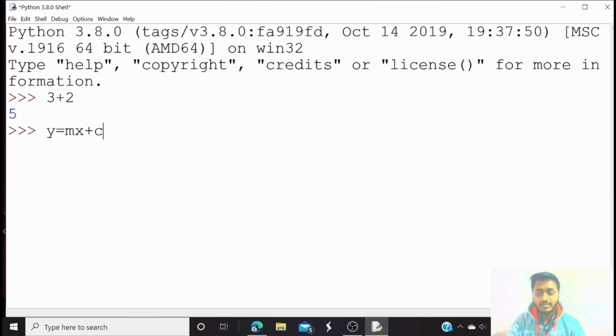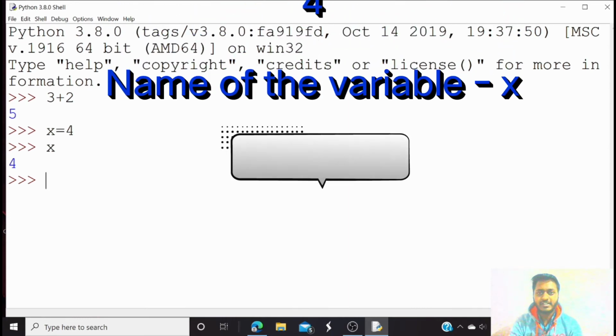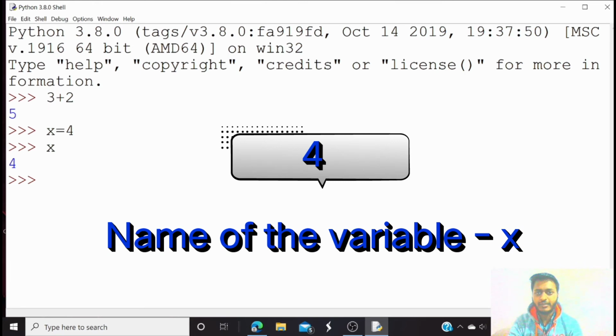So can we do it here? Let's try. Let x is equal to 4. You can see the value of x is 4. Here the variable name is x and the sign between the x and 4 is the assignment operator. Here we are assigning the value 4 to the variable x, and 4 is the value we are going to assign. A simple concept is that a variable is a container or a box in which we are storing the value,